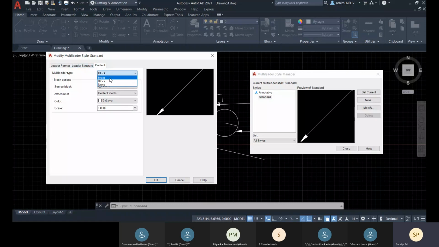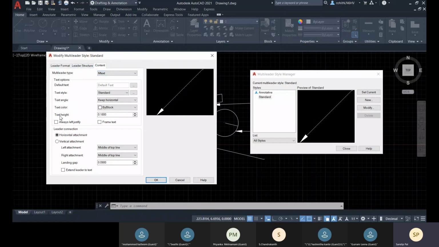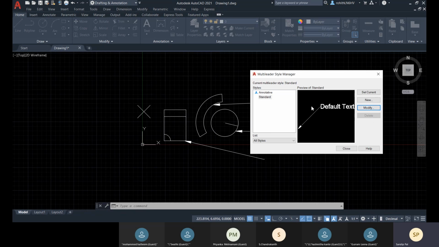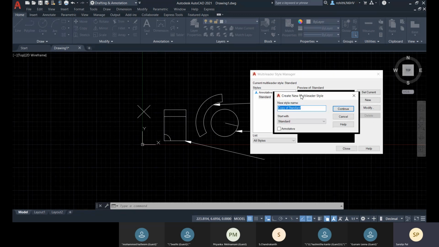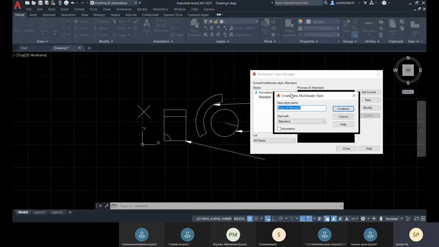Then select this in text, and there you change this text height. Okay. So let me go to the text height, and let me click on OK. And now let me click with this new.